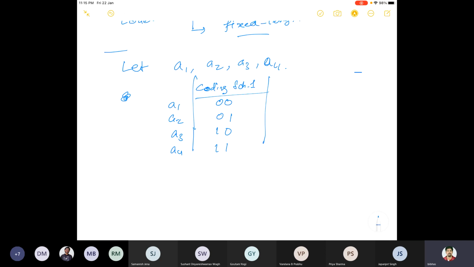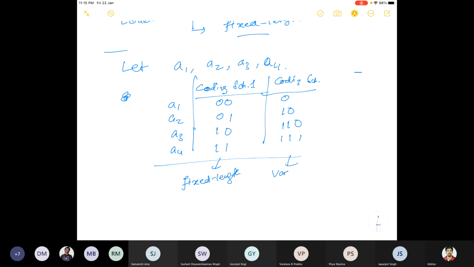This is one possibility. Suppose you think no, you don't want to do that. You can have another way of doing it. Let's say A1 is 0, A2 is 10, A3 is 110, and A4 is 111. You design it this way. The difference between this scheme and the previous scheme is that this one is fixed length, and